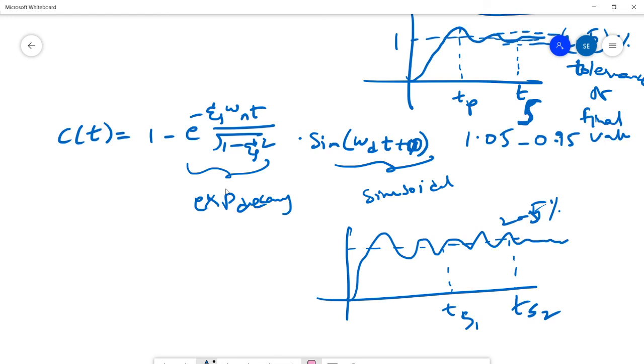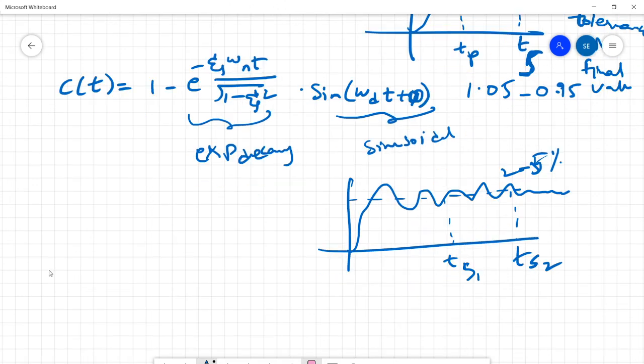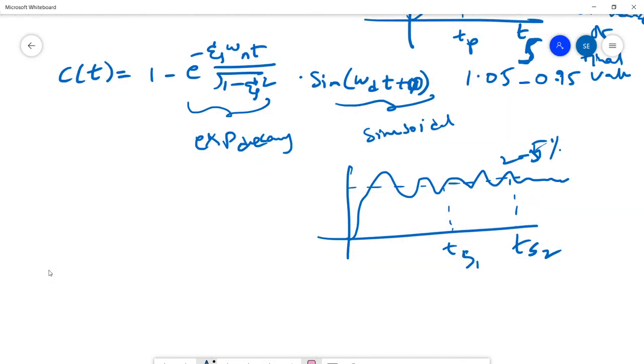From the definition, settling time is the time for a decaying sinusoidal to reach within 2 to 5% of the final value. Say the final value is 1. If the oscillations are decaying and coming into this band, then the time calculated at that particular instant is referred to as settling time. So we have to take this function, because this is conveying the settling time.